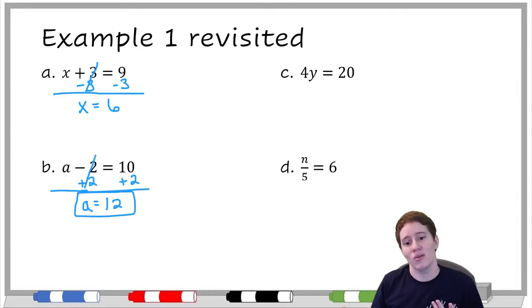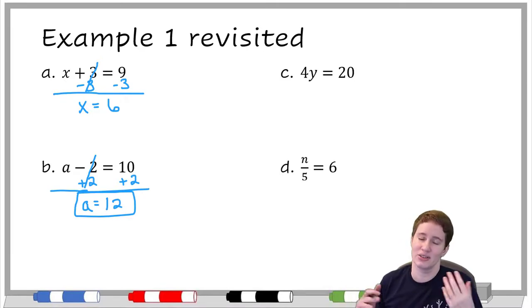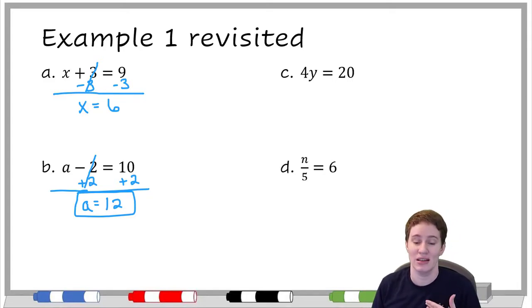And so what's cool about this is it lets teachers or parents or whoever is looking at your work see, if you get it wrong, why did you get it wrong? So if you wrote down your work here on B and then said A equals 13, everything else was right, you just wrote 13 instead of 12. Well, that's an issue with, you need to be more careful about adding 2, because 10 plus 2 is 12,